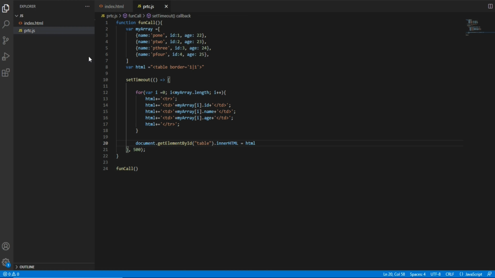So in this way we can display array of objects data using HTML and JavaScript.